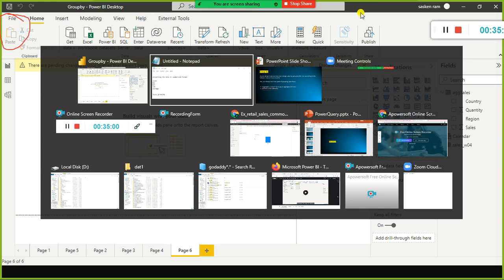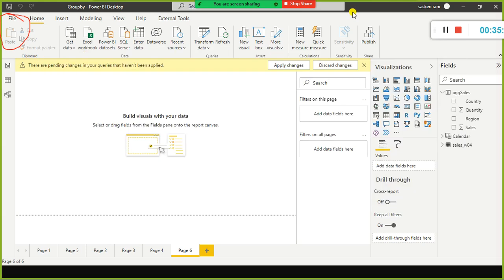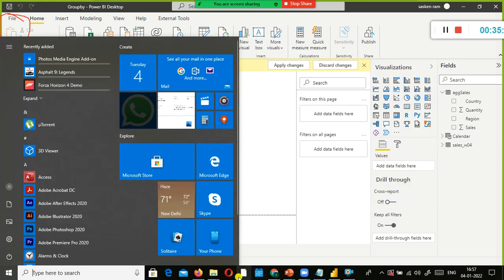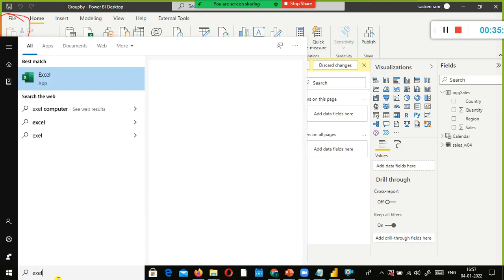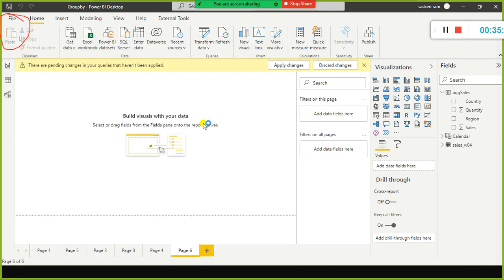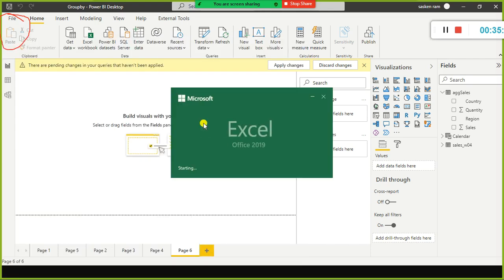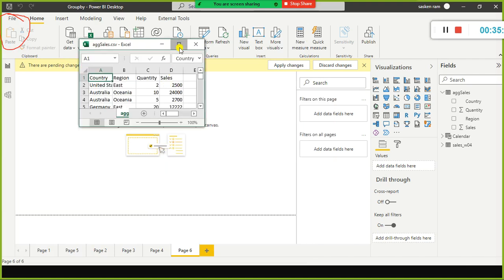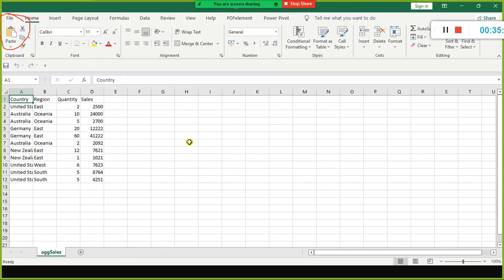So what does that mean? I'll just open the Excel file. This is my Excel file.